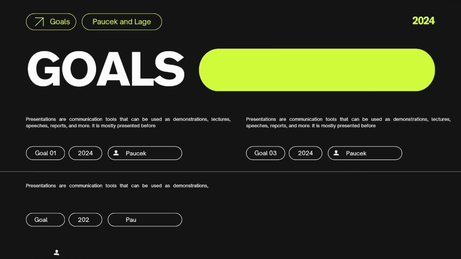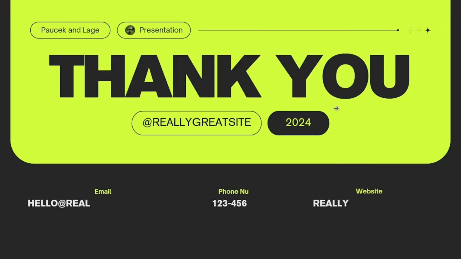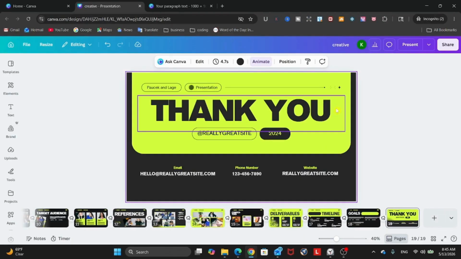So of course, some of the downsides of this is that maybe the ordering in which the text appears doesn't appear exactly how you want it to. And so in that case, maybe you'll have to go back and manually adjust some of these things by yourself. And so that's probably the only downside of using this automated feature. But